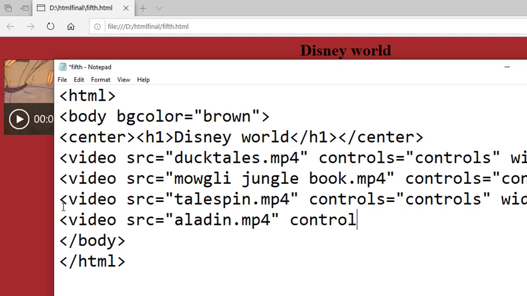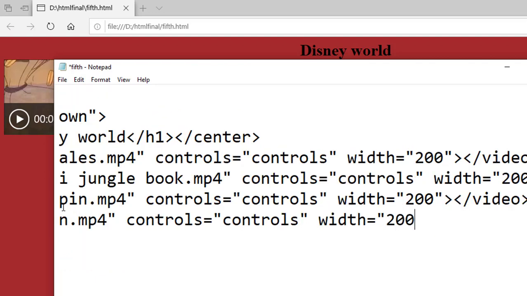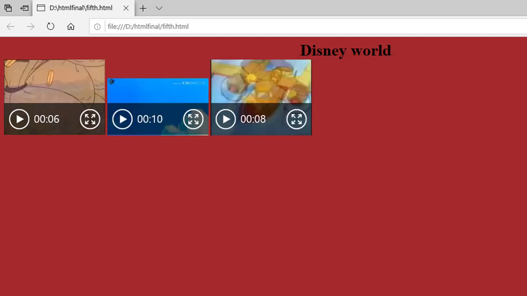Without the controls attribute it will not play the video. Controls, double quote complete. The width should be 200. You can take any measurement or any value, but I prefer 200. And the closing video tag. Just save this file and refresh it.